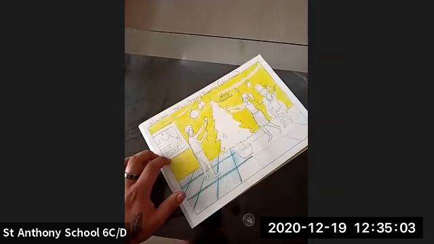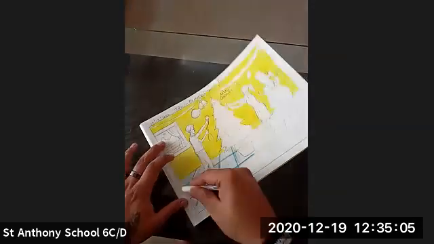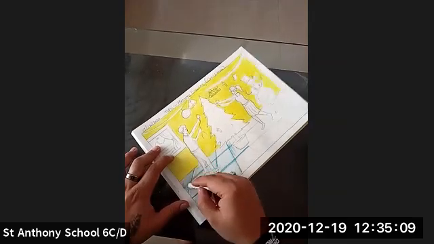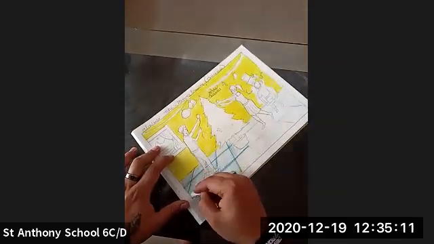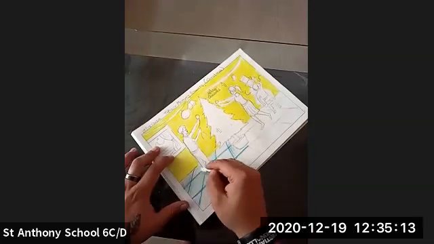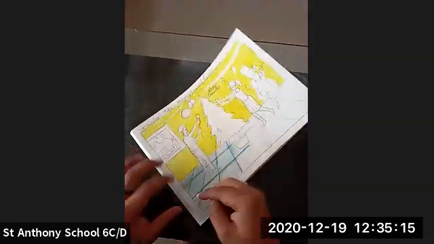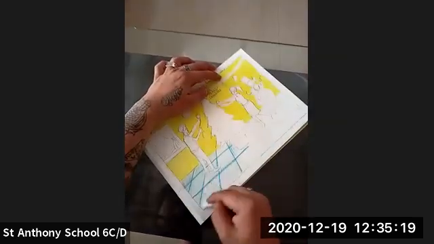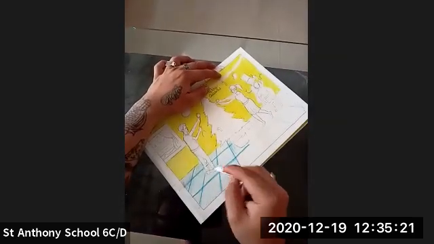Now what you can do is take a white color and merge it properly. Just look at this. This way you can do it.